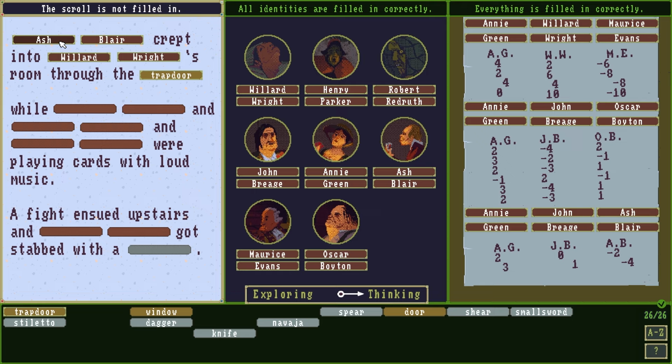Never mind, it cannot be Ash Blair, because Ash Blair, Annie Green, and John Breek are playing cards with loud music. Although, wait a second, it could be. No. Take this back. It is Ash Blair. I understand what this is meaning now, because it was actually Oscar Boyton who was playing with Annie Green and John Breek. Yes, because it was in the middle part, so that's when they did this. So Maurice stopped playing, Oscar Boyton joined in with these two. Yeah, a fight ensued and